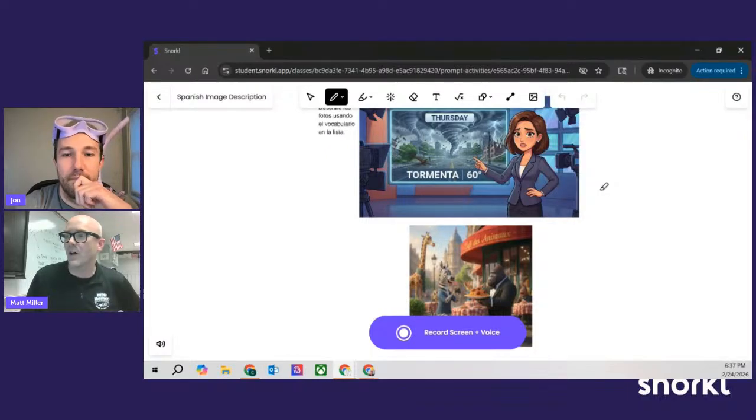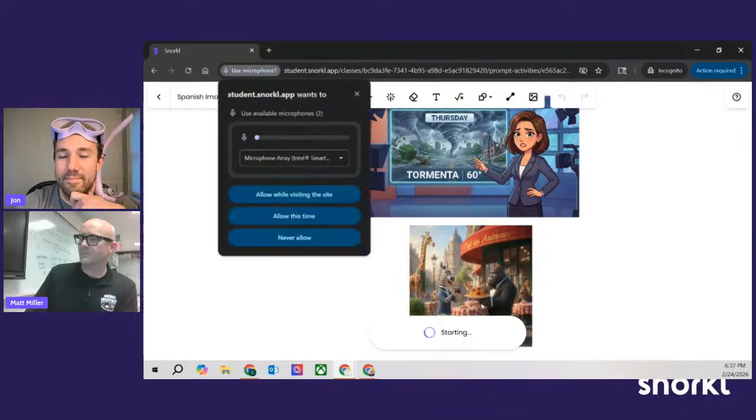We were talking about weather, and then I think animals and food vocabulary. We do a wide variety of different types of vocabulary. So we'll put these in here, and the instructions just say, in Spanish, describe the photos using the vocab on the list. And so, of course, I'm able to hit record here, and I can describe this in Spanish. And so I could say,